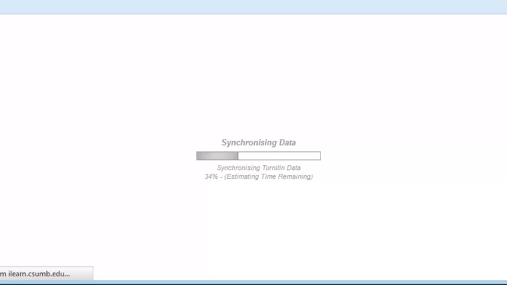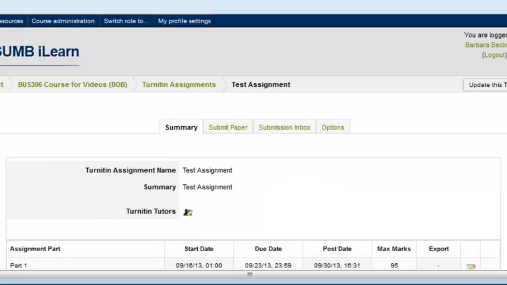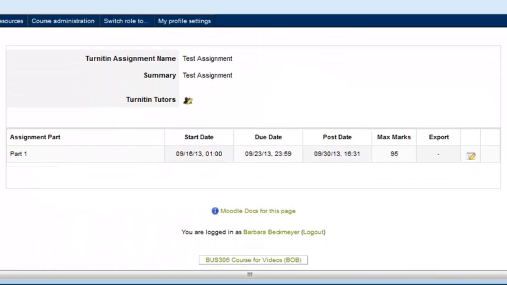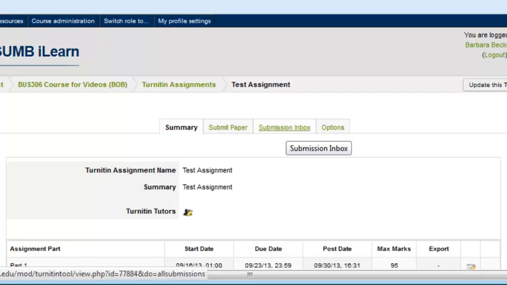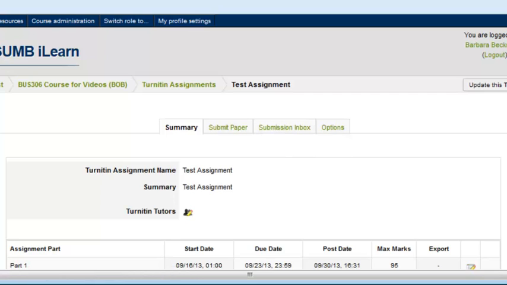Now it's synchronizing the data into the Turnitin site, and when students do submit their work, it will go immediately to Turnitin, and you can go up here and look at the submitted papers. You can actually submit papers for a student in case they are not available. And the other options that you have